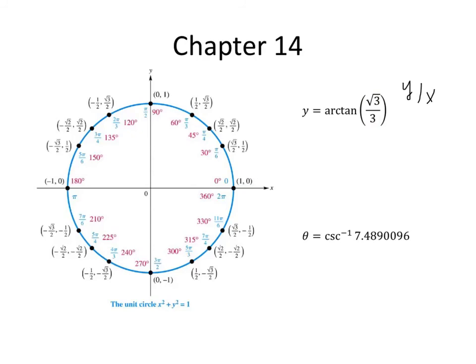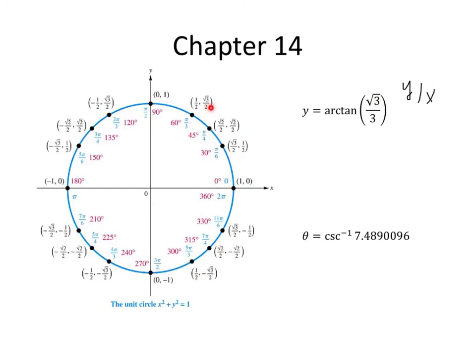As I look through these values, I note it could be pi over 3, could be pi over 6, could be negative pi over 6, or negative pi over 3. And I say negative rather than saying 11 pi over 6 because we have to move in the backwards direction. What I know is that this value is positive, so it's not going to be anything down in quadrant 4. It will be either pi over 6 or pi over 3. And so I calculate